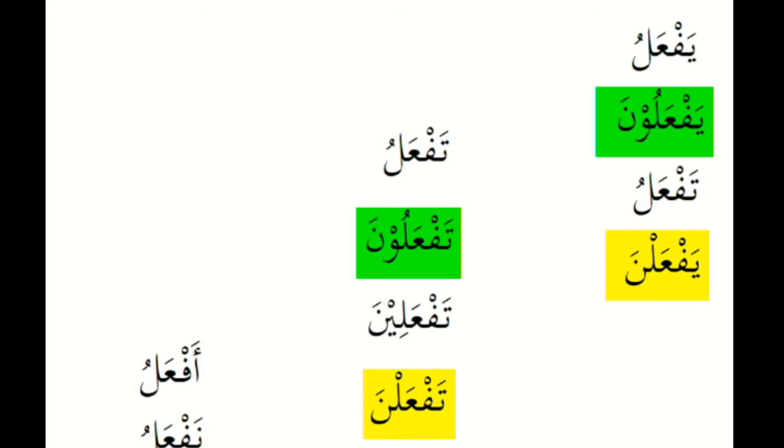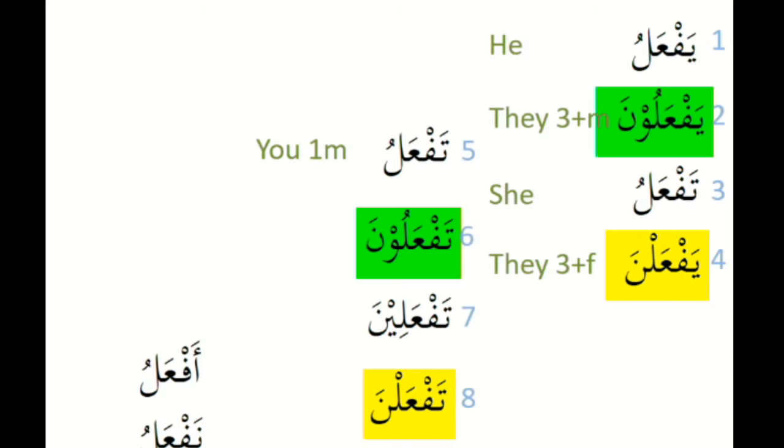Right. The same can be said of يفعلن and تفعلن. The only difference is one starts with a ya, one starts with a ta. The one that starts with the ya is they, and the one that starts with the ta is you. Right. Okay. Then the one that was not highlighted there was